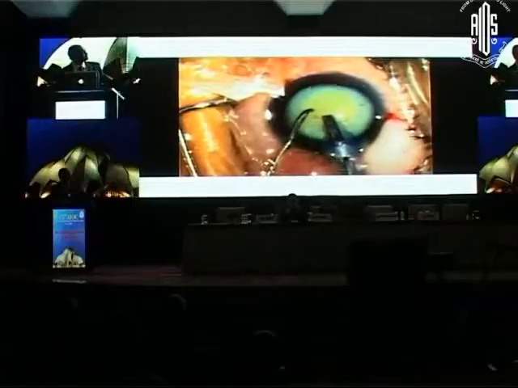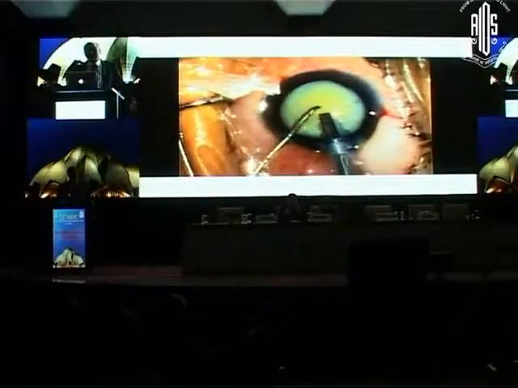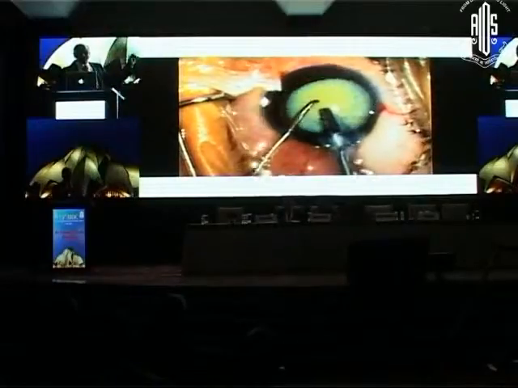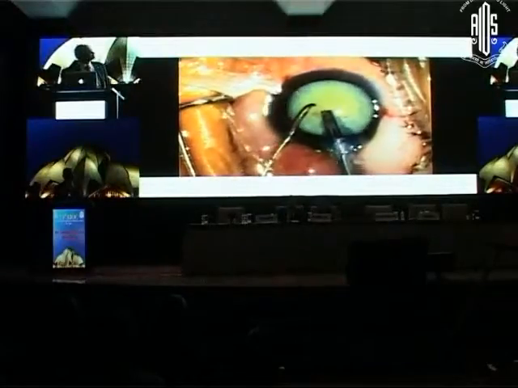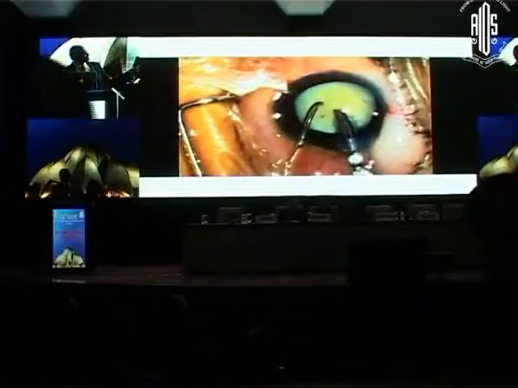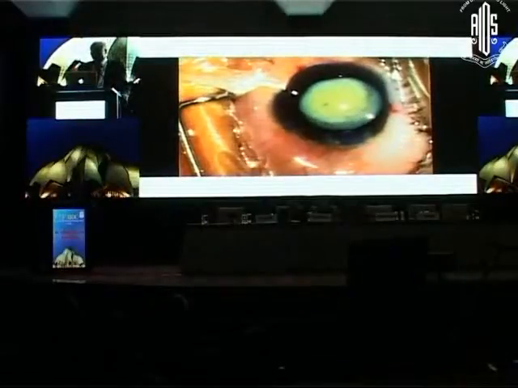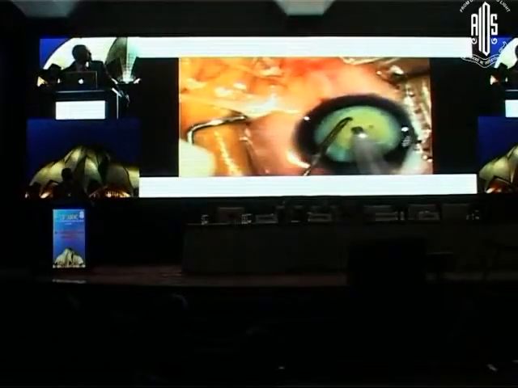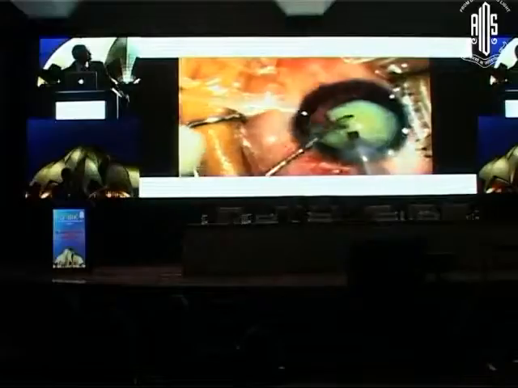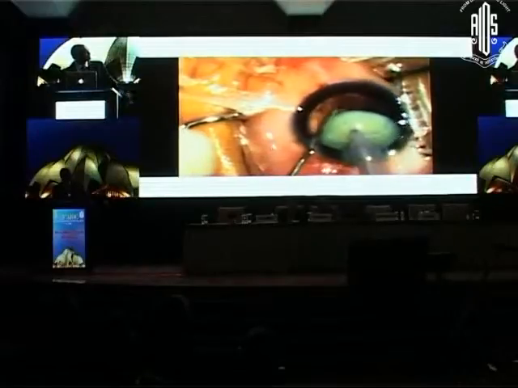Now you can see the nucleus is rotating, and that may cause trouble, or there may be a posterior capsular rupture. I am trying everything, but the nucleus is rotating and not coming out. In such a situation you know what can happen to the surgeon. I tried this machine for a long time, and now I have changed the tip. As it is an institute, another machine is ready. You can see how it is piercing inside.